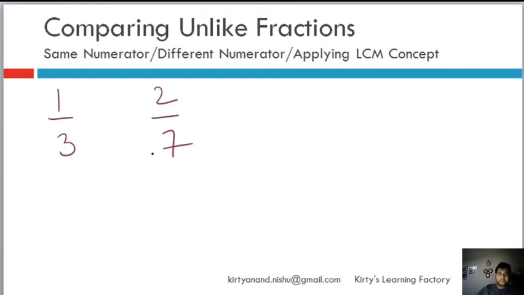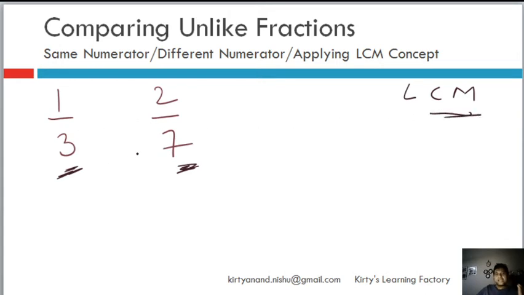So we don't know. So what we will do is find the LCM of the denominators. Now why LCM? Because the LCM will tell me the lowest common multiple of 3 and 7, right? Obviously there can be many common multiples, but because we have to compare with simplicity and with some ease, we will identify the smallest number of which 3 can also have a multiple and 7 can also have a multiple, so that we can make the denominators of these fractions equal to the LCM.